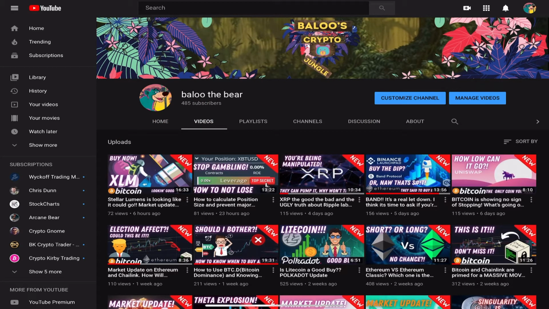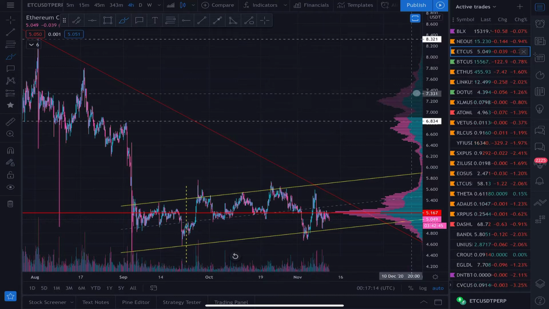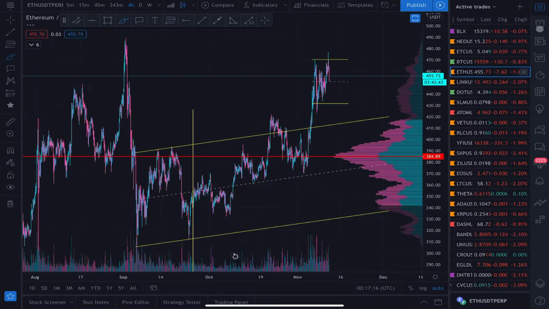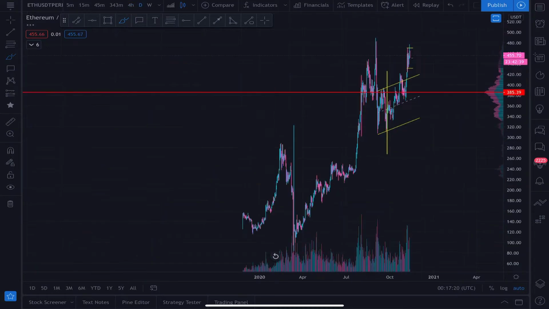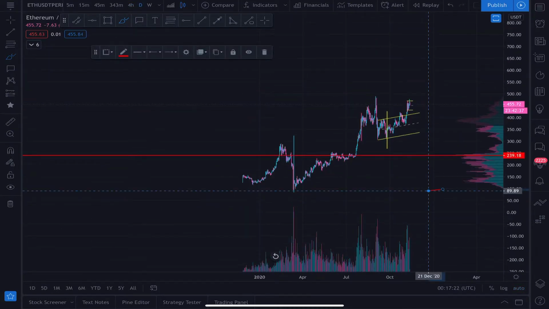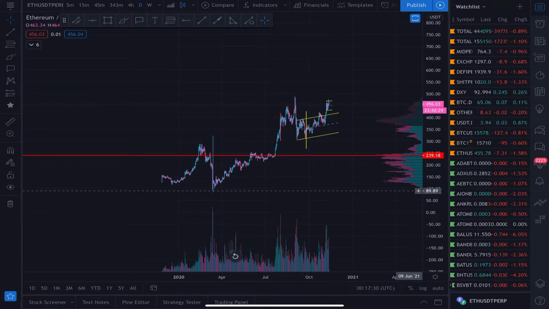In today's video, we're just going to do an update on Ethereum. I want to take a look at the macro because the macro on Ethereum is fantastic. And I just want to remind you what is happening inside of Ethereum. This is Ethereum Classic. Let's get onto the Ethereum chart here. Let's zoom out. Let's go to the daily. I don't need the futures Ethereum. Let's go on to spot. Let's go over my spot trades.